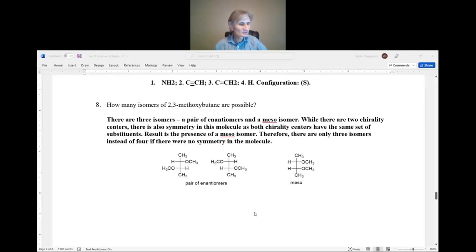So, how many isomers of 2,3-dimethoxybutane, not methoxy, 2,3-dimethoxybutane are possible? Okay, so what you would do is make 2,3-dimethoxybutane. Maybe you can also draw a formula, and from a formula you can see it. So you can make a model or draw a formula. Fischer projections are really good at it. But anyway, if you make a model,